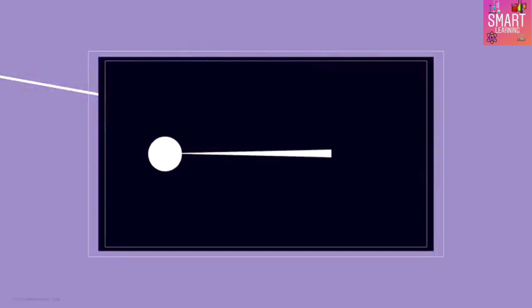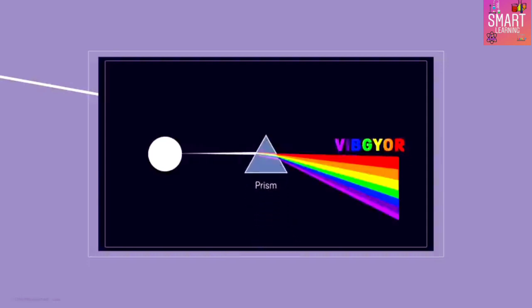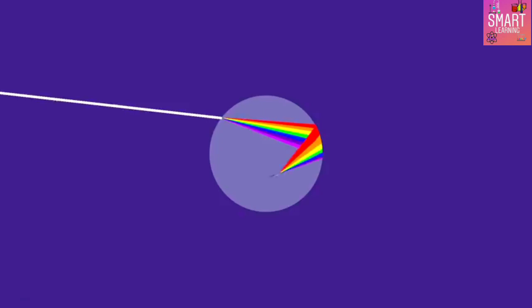But we know that the white light of the sun is composed of 7 primary colors. It's VIBGYOR. And we also know a prism will break this white light into its constituent colors when allowed to pass through it. A water droplet behaves exactly like a prism. It disperses the white sunlight at the entry point. What happens next? The dispersed light falls on either side of the droplet, and each color of light is again reflected at different angles.